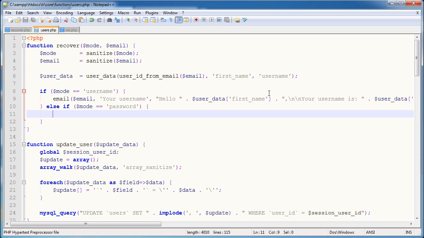password. So what I'm going to do is say generated underscore password is equal to, I'm going to use the rand function, and this generates a random number between a specific set of numbers. So I'm going to say between 999 and 999999, and then I'm going to